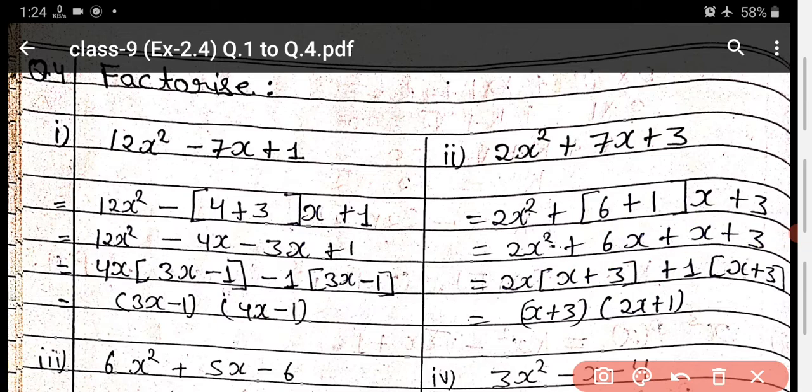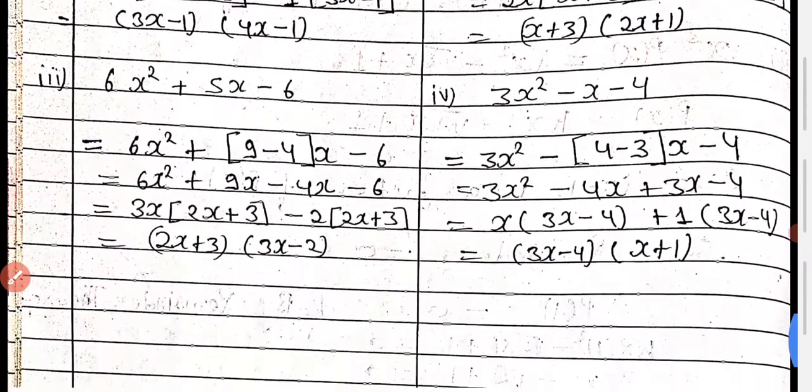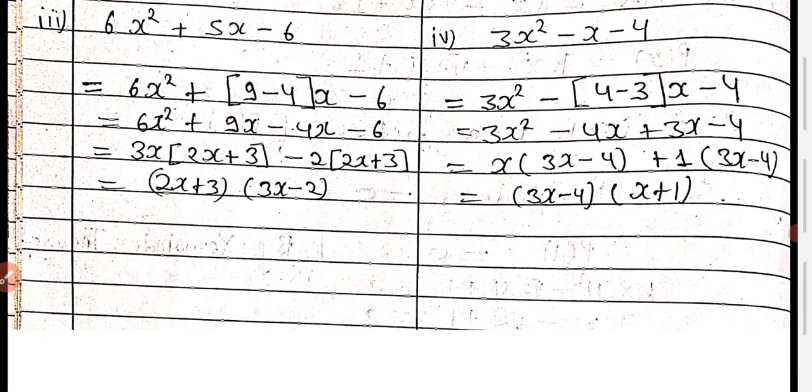Now take the common in these two terms. 2x is common, so here only x remains, and here only 3 remains. Now you have to make x plus 3 the same, so write only 1, because 1 is always present there, so write x plus 3 here. Now take the common bracket outside, it becomes 2x here and 1 here, so your answer is x plus 3 and 2x plus 1. Okay, all the questions I am solving here by that method only.